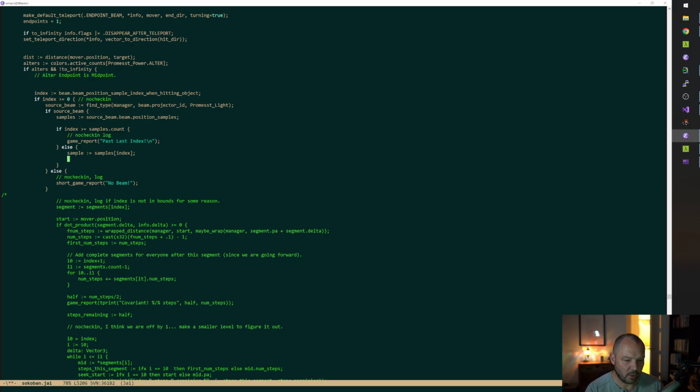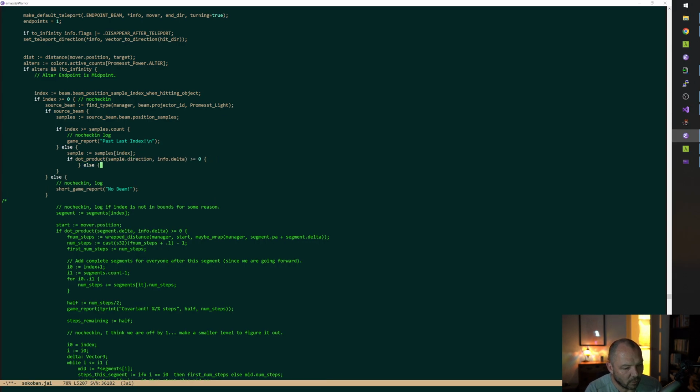And now we want to know if we're covariant or contravariant. Remember those that we did? And we're just gonna do those again, right? So we're just gonna get this delta. It's gonna be called if the dot product sample dot direction info dot delta is greater than or equal to 0, else.